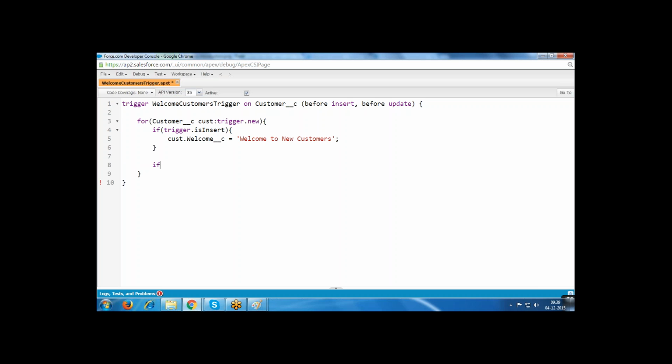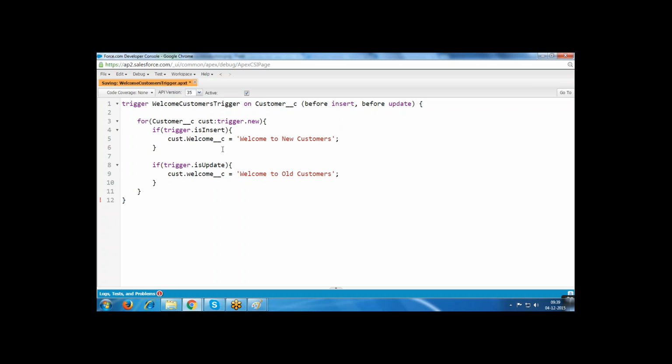Now, if your operation is trigger dot is update, customer object dot welcome underscore underscore c equal to welcome to old customers.